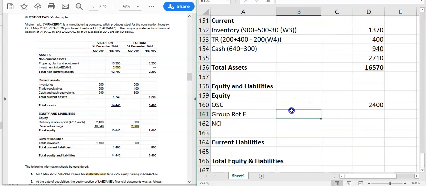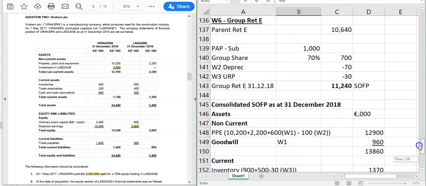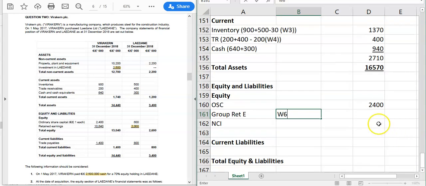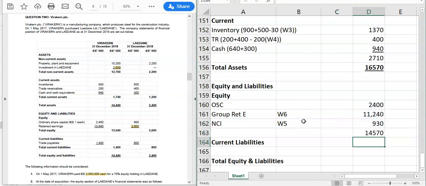The group retained earnings, all we do there is reference working 6, I think it is, and that's going to be 11,240. So that's the benefit there. You don't have to show detailed calculations here, because it'll be quite messy and you might be able to read them, or the examiner might be able to read them. And same with NCI, working 5, nice and neat, and 930. So your total equity is